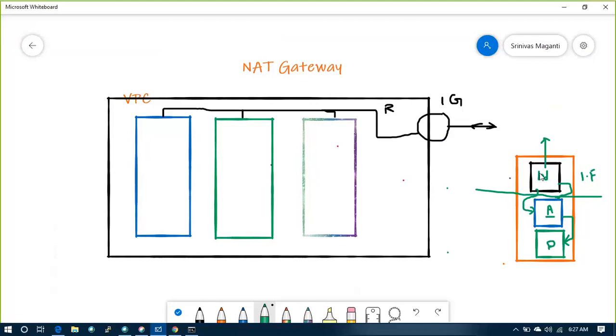Agree? So do you think application servers and DB servers need to be put on the public internet facing side? Neha, any idea? Sure? No, we don't need to. Sure.